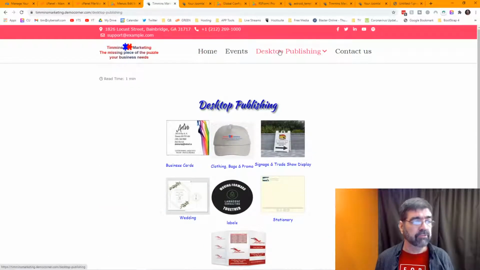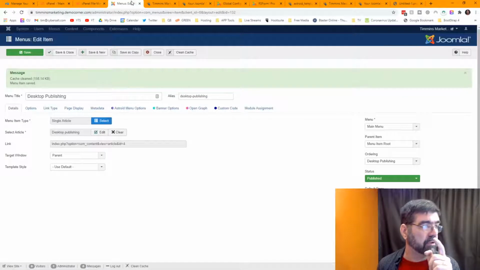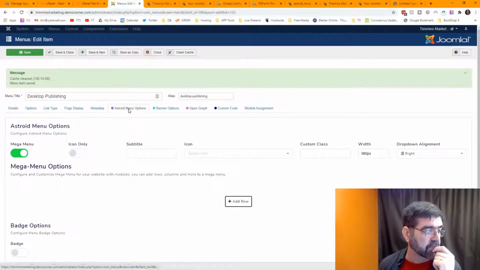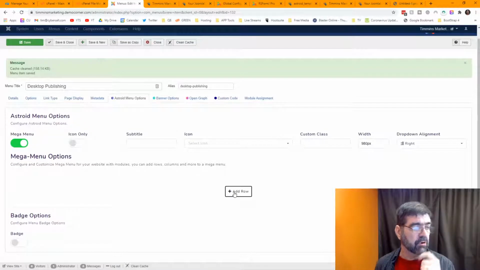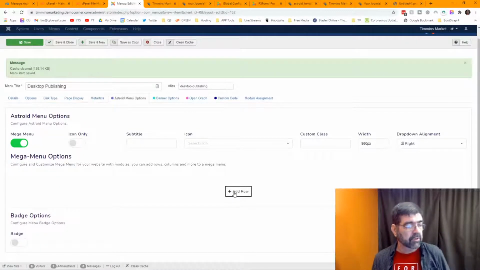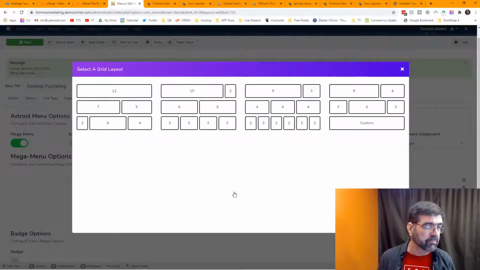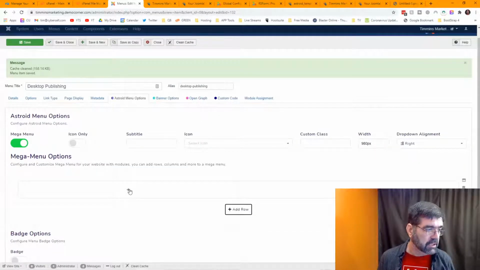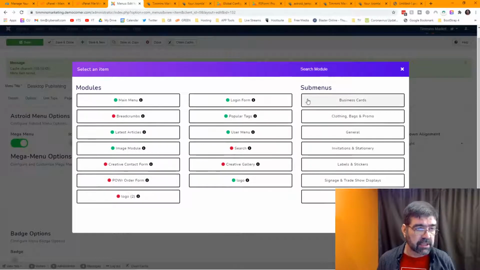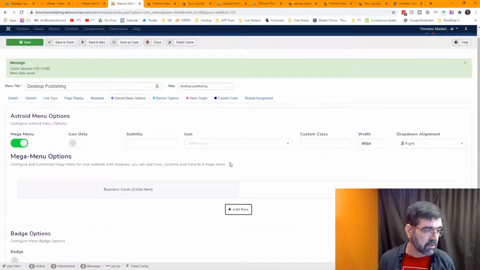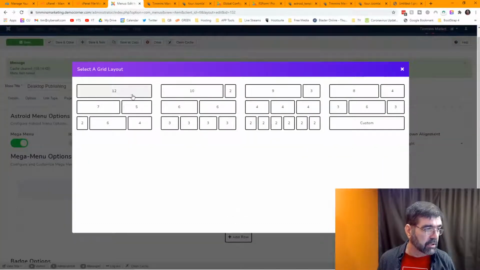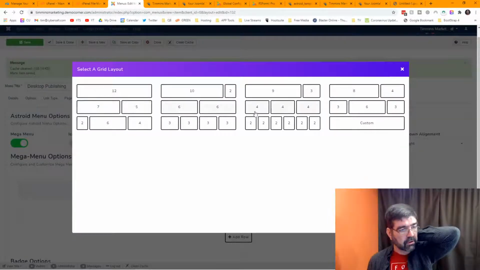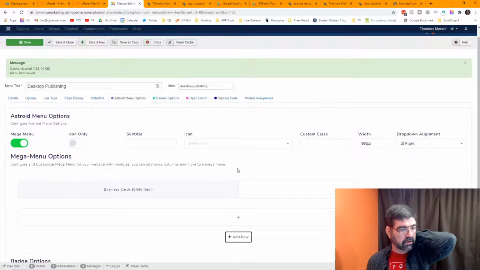All right, so now we have no drop downs, no worries, because in the mega menu, we're going to do this. Asteroid mega menu. So we need to add a row. We're going to plan out, let's do 2 rows. All right, so our mega menu will have 2 rows. And in here, we're going to create a link to business cards. And we'll add another row here of... just before I do this wrong here,